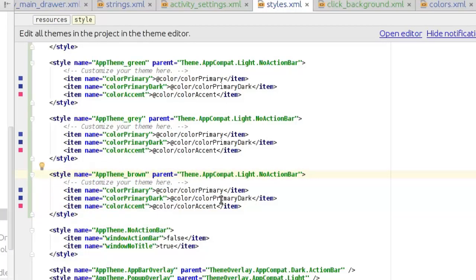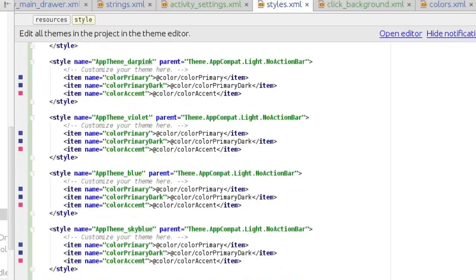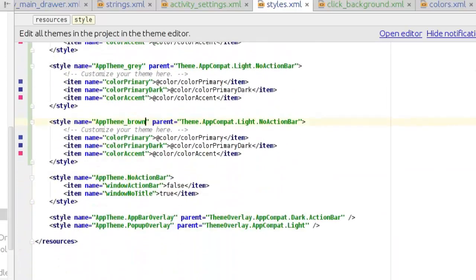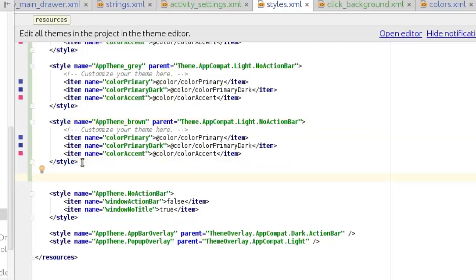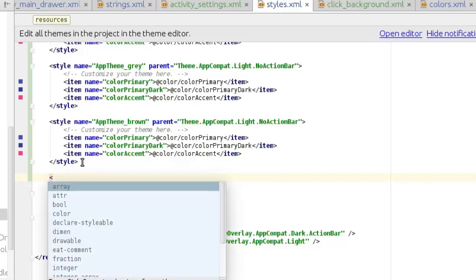That's fine. Now we have them set, but if you notice, they are all having the same color, which is not what we're really heading out for. So we're going to actually create colors for each of those color codes you're seeing for the primary, the primary dark, and for the accent. So we're going to actually come over here to create the color code, which is the color name. First color name